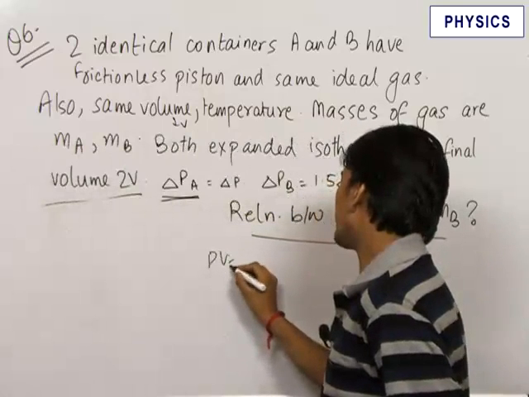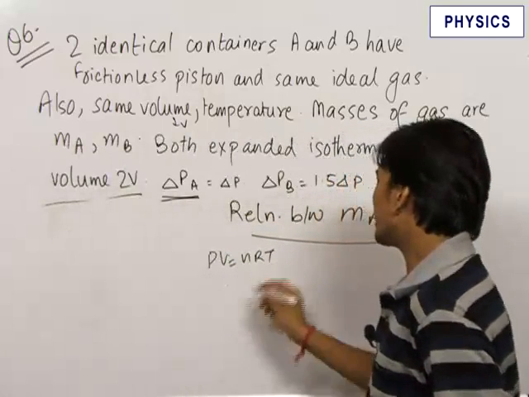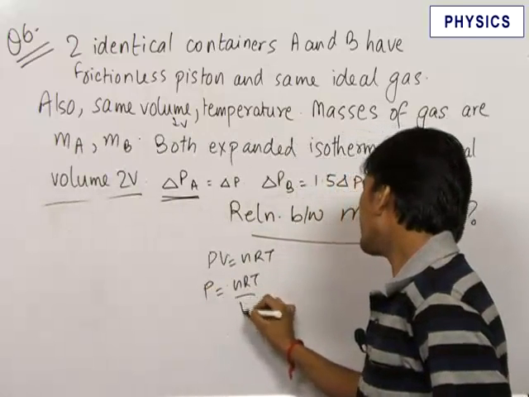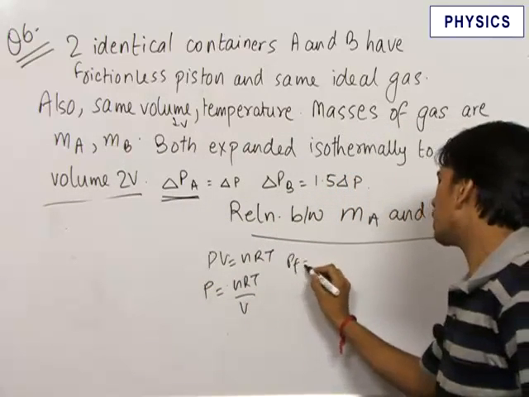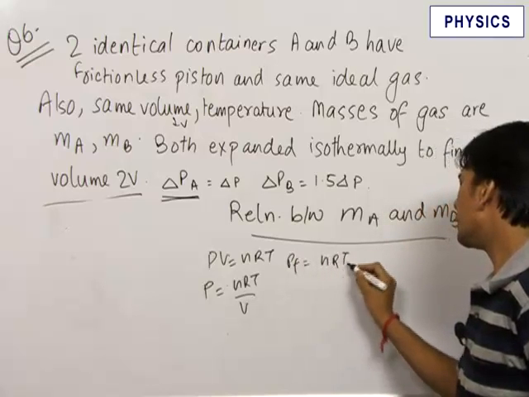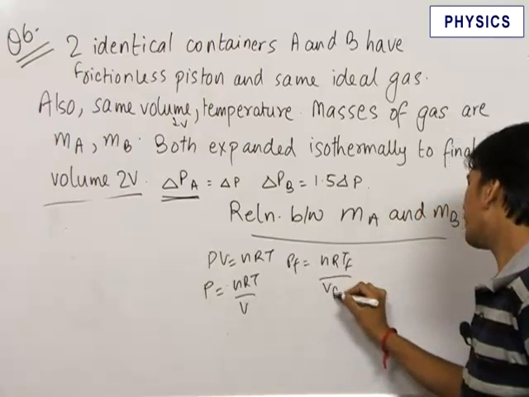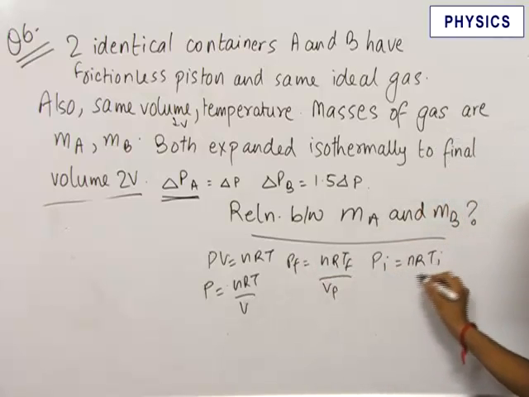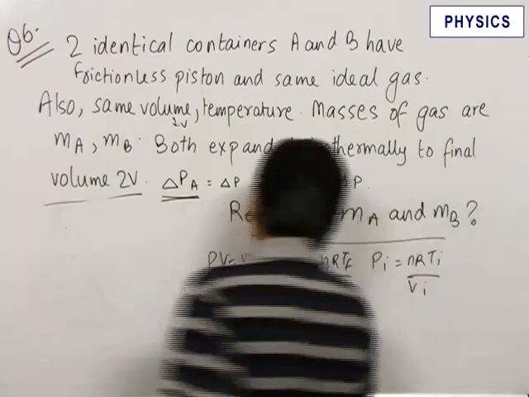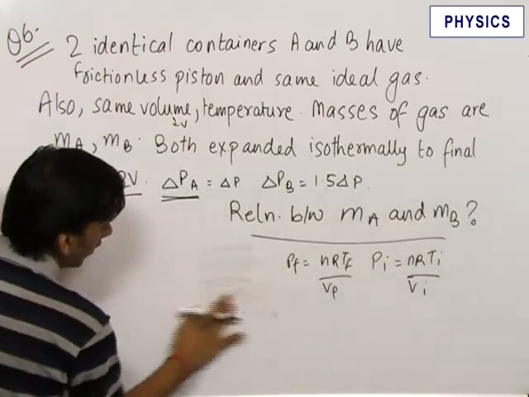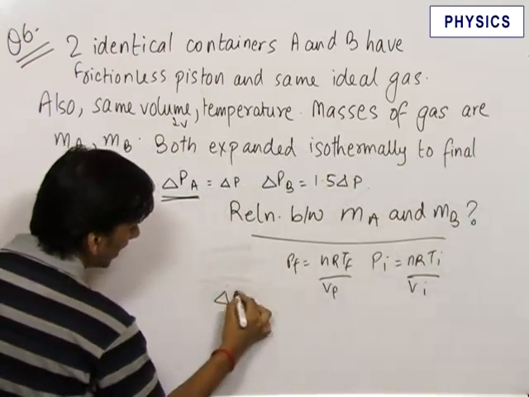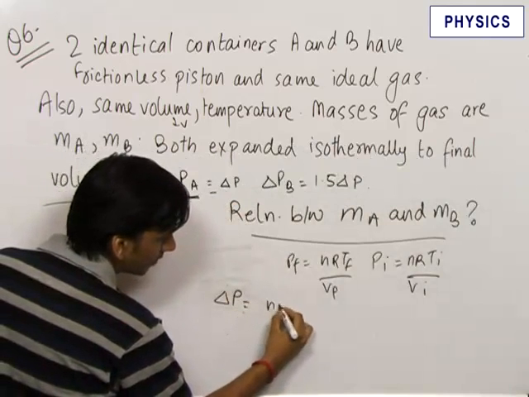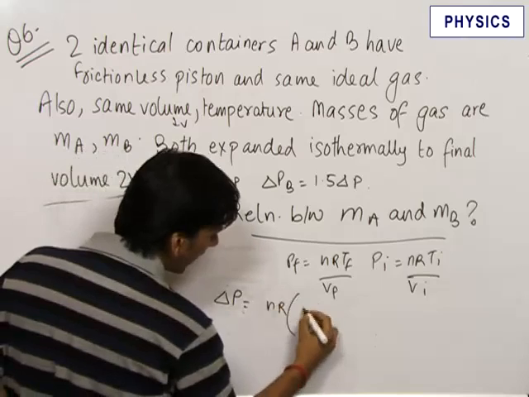We know that PV is equal to nRT. For container A, P is equal to nRT upon V. Therefore, P final is equal to nR T final upon V final. P initial was equal to nR T initial upon V initial. Now the change in pressure for the case A, that is equal to delta P as given here. This is equal to nR T final upon V final